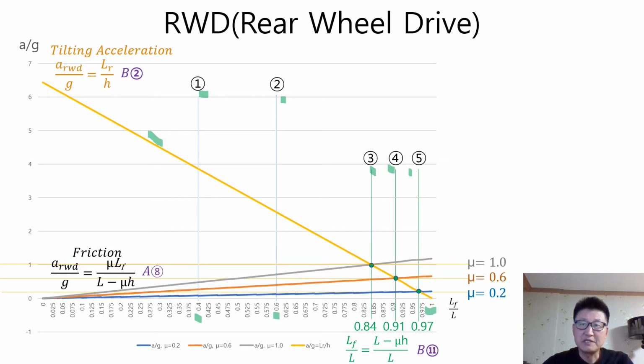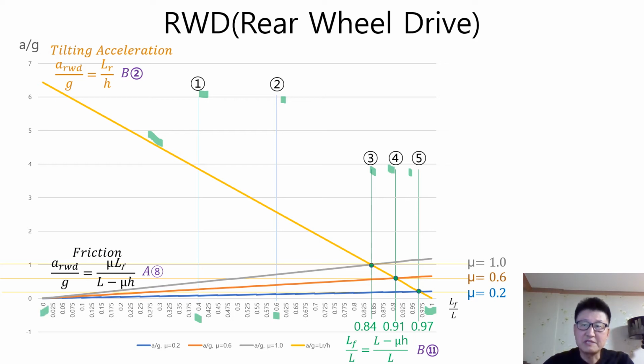All the weight is at the rear wheels and no weight at the front wheels. In this case, tiny small acceleration makes the front wheels lose their ground grips. Therefore, the maximum acceleration is equal to 0 because no ground grips at the front wheels make the vehicle lose its steerability. When the ratio of L sub F to L is equal to 0,